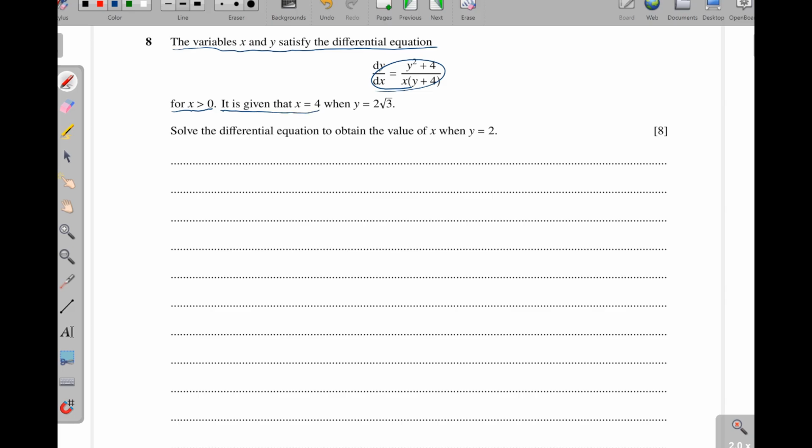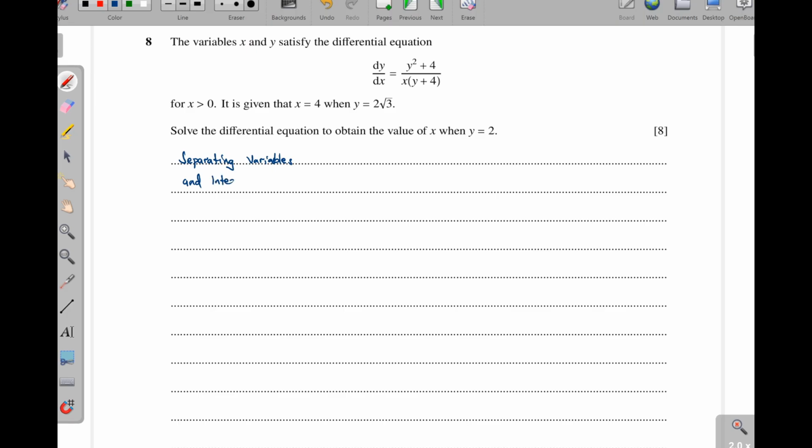It is given that x is equal to 4 when y is equal to 2√3. Solve the differential equation to obtain the value of x when y is equal to 2. Now, the first thing we do when we are solving differential equations, we separate variables. So separating variables, and then after that we integrate